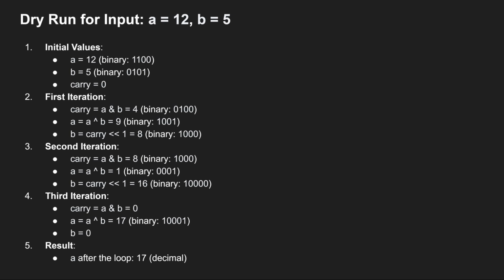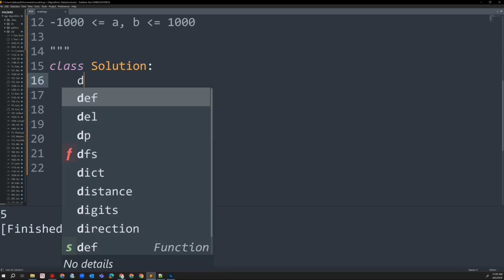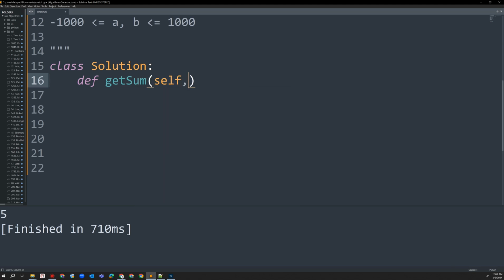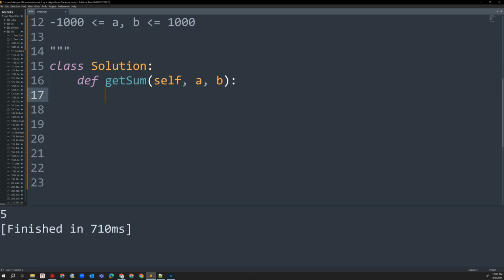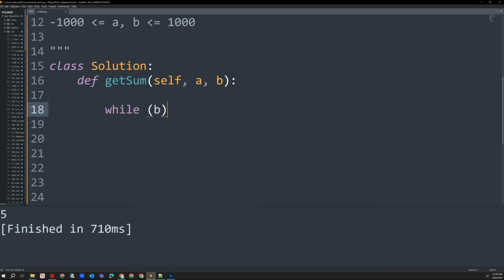Now let's jump into the program right away and write it in Python. So first of all, I will be defining a class, and let us define a user defined function def getSum, and it takes two arguments, a comma b. And now what we do is we do while b is greater than 0,